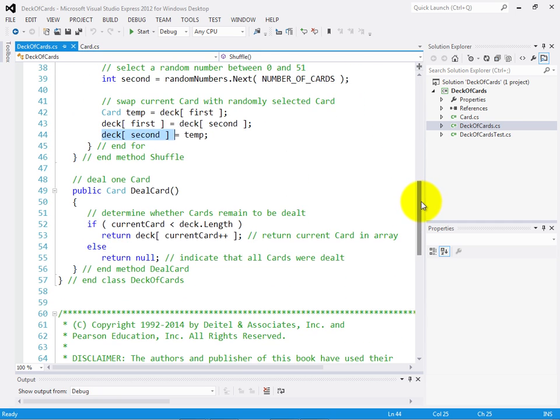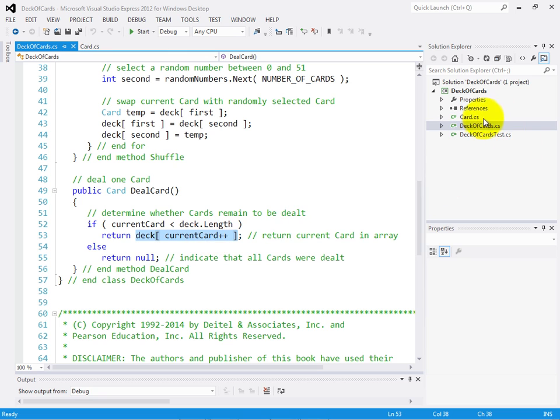And then finally, we have our deal card algorithm, which simply checks current card to see if it's equal to 0, if it's less than the deck's length. Initially, it'll be 0 for the first card, and then it'll be incremented each time. And assuming we're less than the length of the deck, we will return the expression deck sub current card plus plus. That says use current card's value, then increment it. So we use the current value to index into the deck array and increment it after we use the current value of that index variable, that counter variable, so that it's incremented to aim at the next element in the deck for the next time the deal card method gets called.